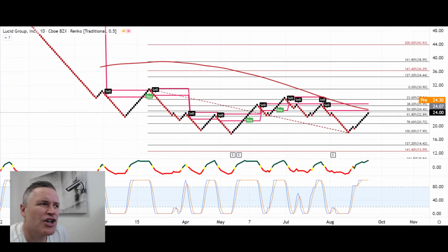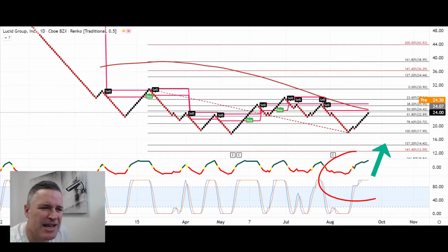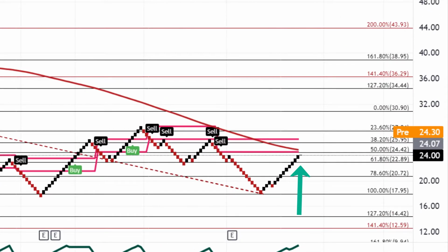So onto the Renko chart, and I've used a 50-cent block size to give me some pretty decent shorter term action. Both signals at the bottom there are bullish, and it's just starting to come up to the moving average, so we'd still take that as a negative signal, but if it can break up, then that's all well and good. Moving back into the box, so just below. Now I've used a trend